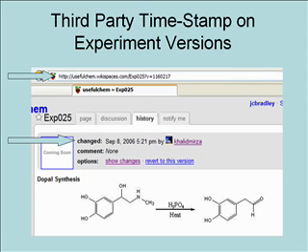the experiments. We use Wikispaces, which is a hosted third-party application, and a big advantage of that is that you actually get third-party timestamps.